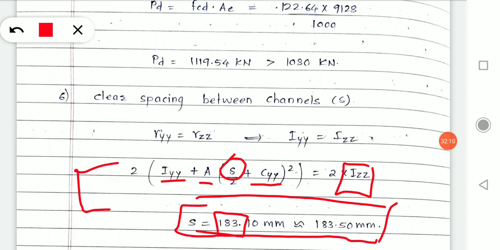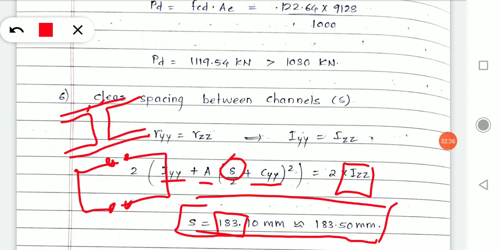So this is the basic arrangement we have done for the built up column. Now I have placed these two channel sections like this, toe to toe. This is the toe of your channel section, and I have used the channel sections toe to toe. Okay, you can also arrange it back to back. So there you can go with two different arrangements, toe to toe or back to back. And then you have to apply plates over here, which we call lacing or battening, correct?